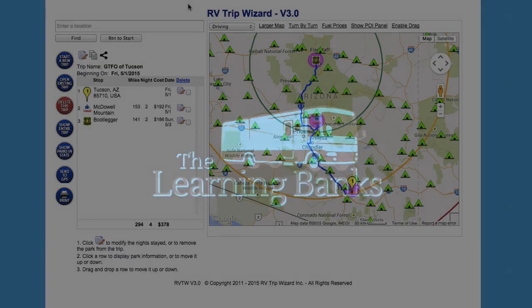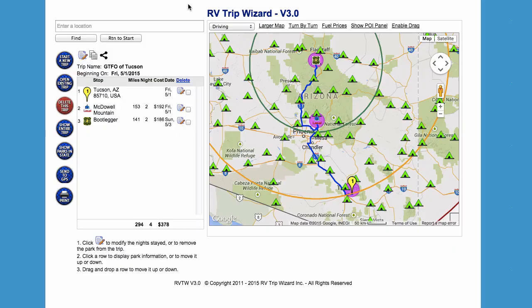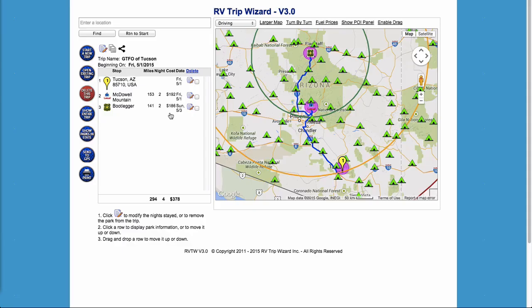One of the things I do like best about RV Trip Wizard is its ability to help us calculate a reasonably accurate cost of our journey. This is much more accurate than the calculations provided by, for example, the Good Sam Trip Planner, as Good Sam only takes into account the cost of fuel, whereas RV Trip Wizard allows us to calculate not only the cost of fuel and specify what we consider to be the average cost per gallon, but it also takes into account